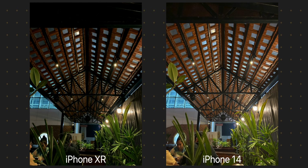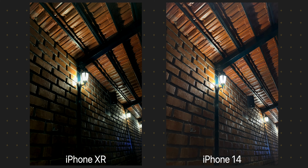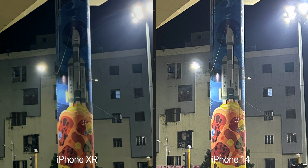14's images are not only brighter, but they also have more details, less noise, and better looking colors in these lighting conditions. Once the light gets even lower, iPhone XR can barely keep up and its images start showing even more noise, and they just look very soft overall. If I zoom in, you can see that iPhone XR's images look almost foggy in front of the ones from